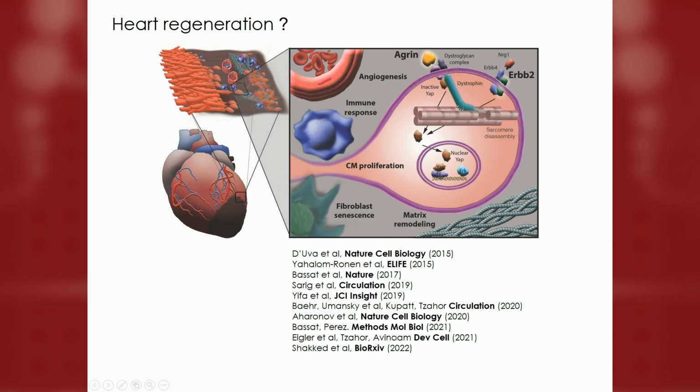So these are basically our favorite molecules and processes, and you can actually see agrin molecules and the ERBB2, neuregulin network. And today I'm going to focus on this ERBB2 signaling in heart development and repair,